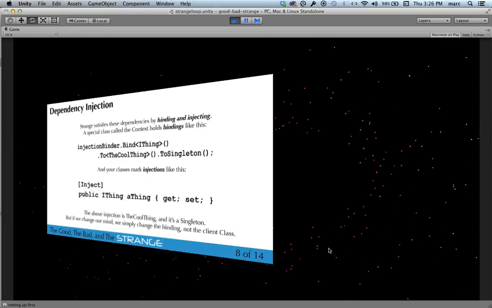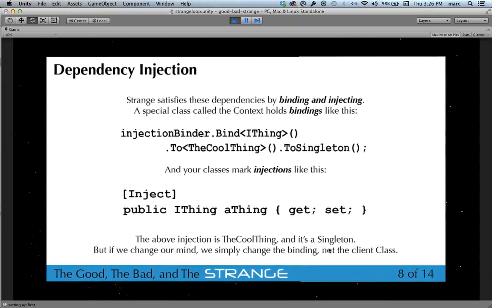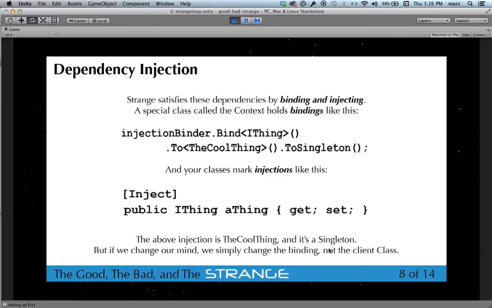All right, so I've been using the term inversion of control, but what we're actually doing when I talk about injection and an injector is a principle called dependency injection. And I think by now you probably even understand what that means. Classes indicate a dependency. The injector satisfies that dependency by injecting it. So I have something which satisfies an interface. In this case, I'm going to call it iThing, and we're going to bind it to the cool thing. So, iPlayer to player model, or iSocialService to Facebook service.